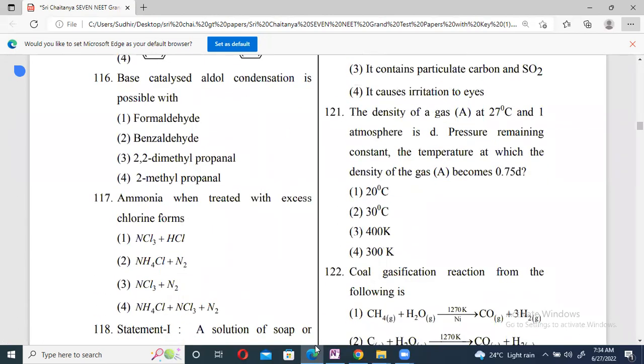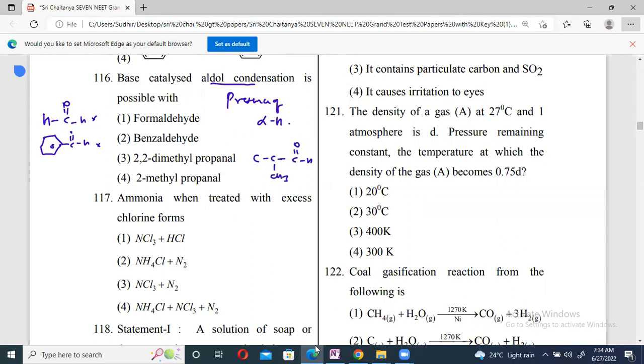Base catalyzed aldol condensation. Aldol condensation means what we must have? The presence of alpha hydrogen atom. Formaldehyde, sir, no alpha hydrogen. Benzaldehyde, beta, no alpha hydrogen. Right? 2,2 dimethyl propanal. No alpha hydrogen. That means the answer is the fourth option, because propanal means 1, 2, 3, double bond O and 1